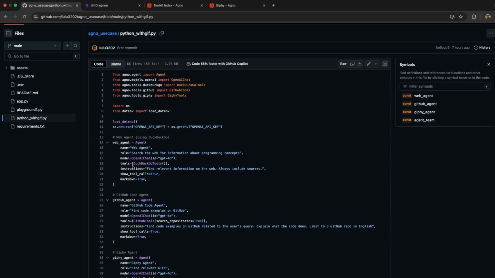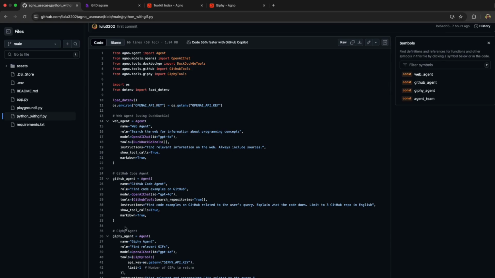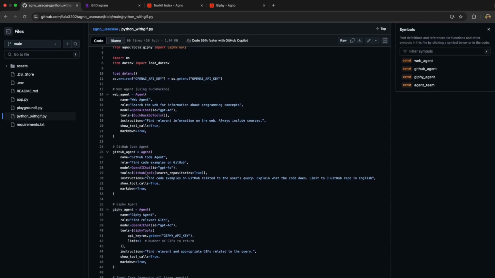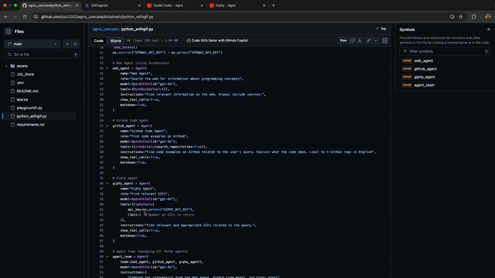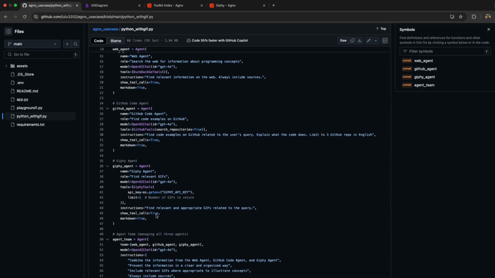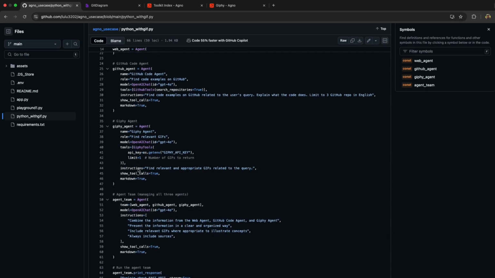This web agent is going to use DuckDuckGo tools. And then we have a GitHub agent with its parameters, which include name, role, model, tools, instructions. Here again, the tools it's going to use are GitHub tools. And then we have a Giphy agent, which is going to make use of Giphy tools. It also has its instructions and other parameters.